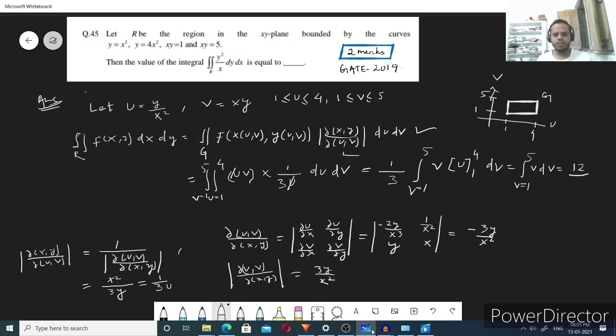This is just the calculation part. The main thing is how we can think that xy can change to a rectangular domain, because if we change to the rectangular domain, then it is easy to solve. I hope you enjoyed the video and the process of how I approach this answer. So the answer to this question is 12.